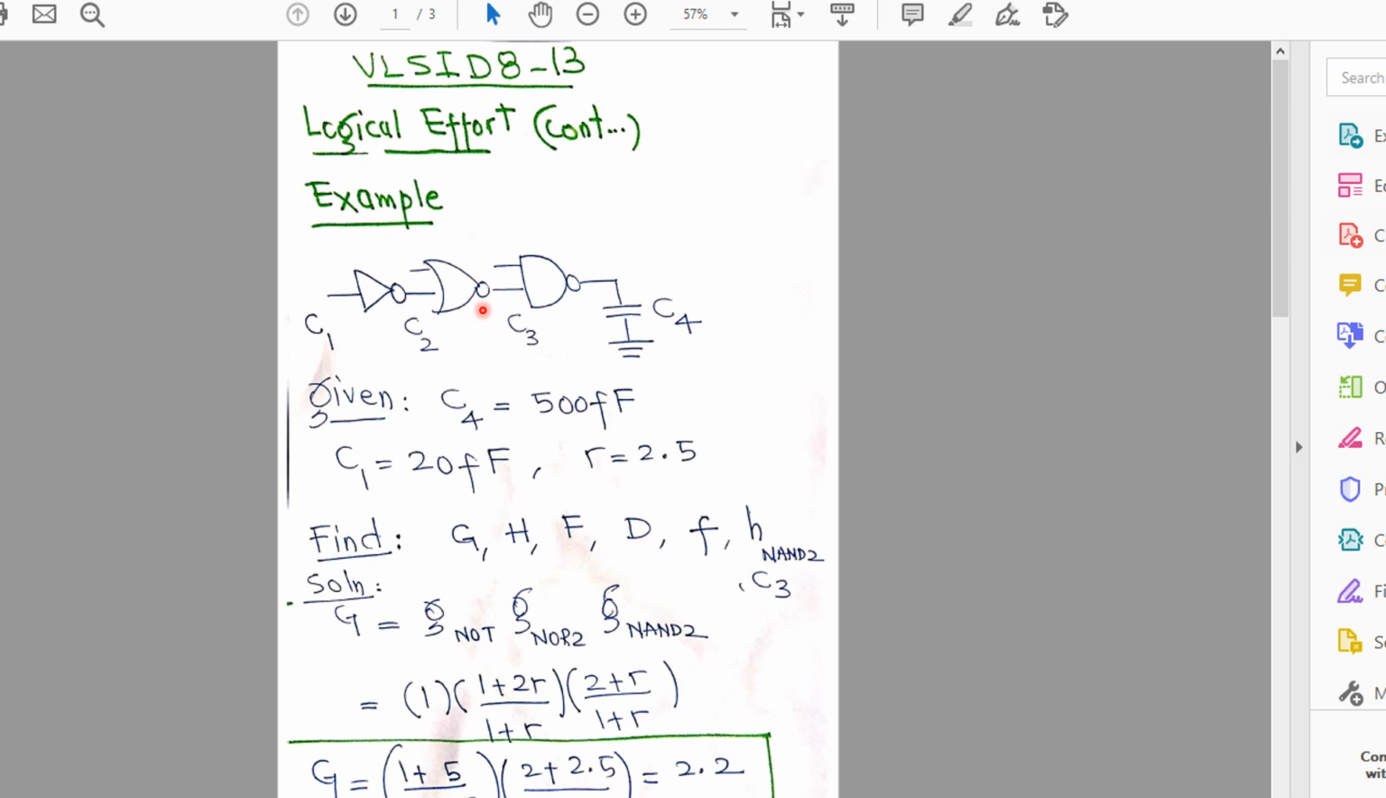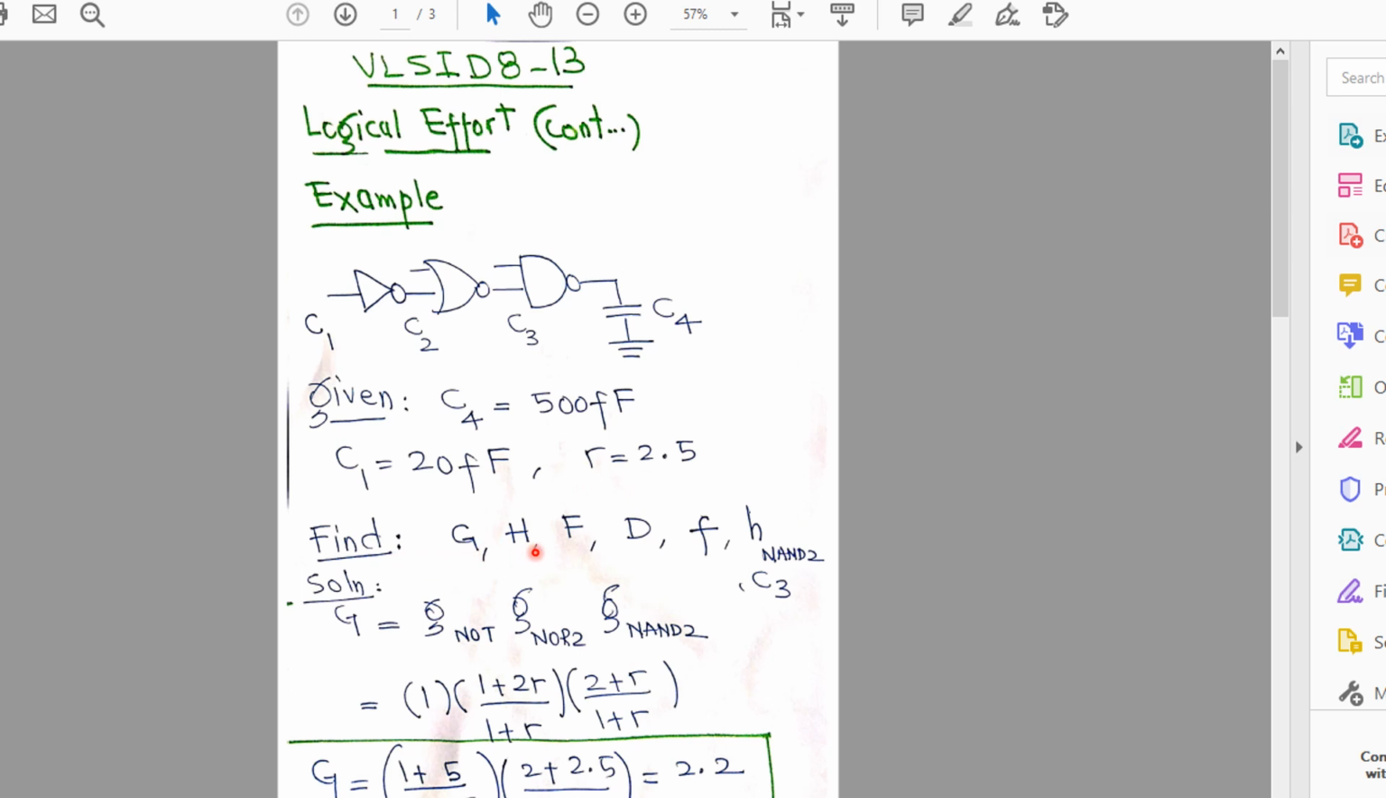gate is the output capacitance of this NOR gate. The load capacitance for this NOR gate is the input capacitance of this NOT, C3. And finally, this NAND gate is driving capacitance C4. We are given the value of C4, C1 and R, and we are supposed to find the path